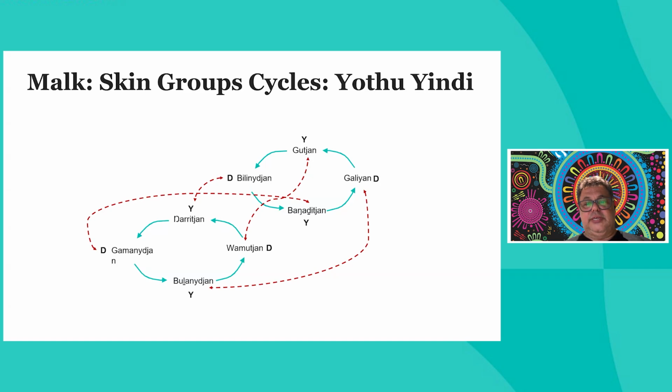So if my mother was Gutjung, then my father would be in the Wamat group, which is in the other circle. So then my father's mother would be Belanjung, which is at the bottom of the bottom circle, and so forth. So you got to think through these 2 interconnected circles. And this is only the very first kindergarten level of kingship. Now, the reason I'm showing you this is that mathematically, this can be described as an abelian group in group theory. So it is an algebraic group. So there's a lot of algebraic properties within this system, even though when you look at it, you might not think there's maths involved in it, besides maybe networks or something you might be thinking about in your mind.